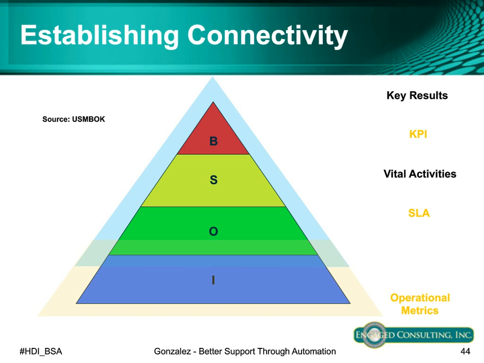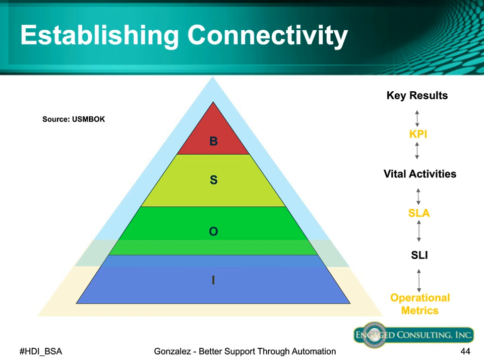By paying attention to all these and building the connectivity, we can look at everything from the lowest level activity, what's happening at a machine, and then correlate that back up to the key results. Folks, you can design all the processes you want, but if you do not have a good set of tools to actually aggregate these data elements, you're going to be doing a lot of work trying to get basic blocking and tackling handled to understand how well you're doing in terms of your reportable metrics that go back to the business. And my key point here is that as you look at your platforms, you should be able to, for each of the key plays that we've talked about, think about how that actually fits here in terms of the connectivity.